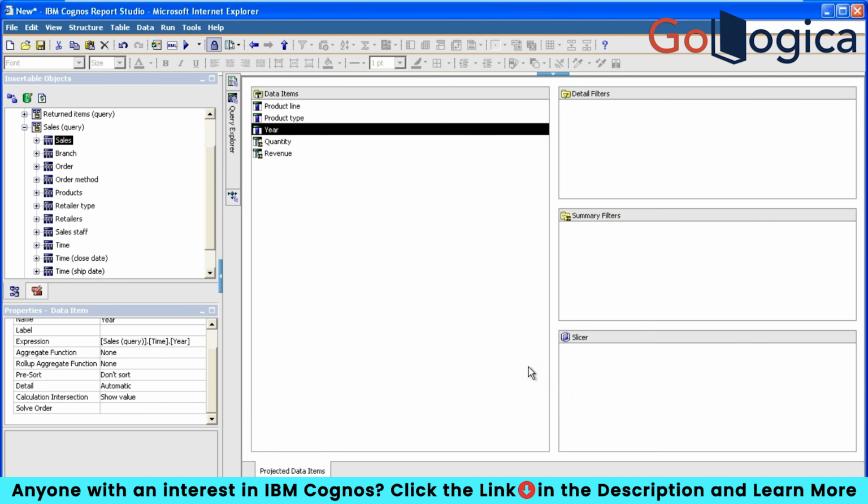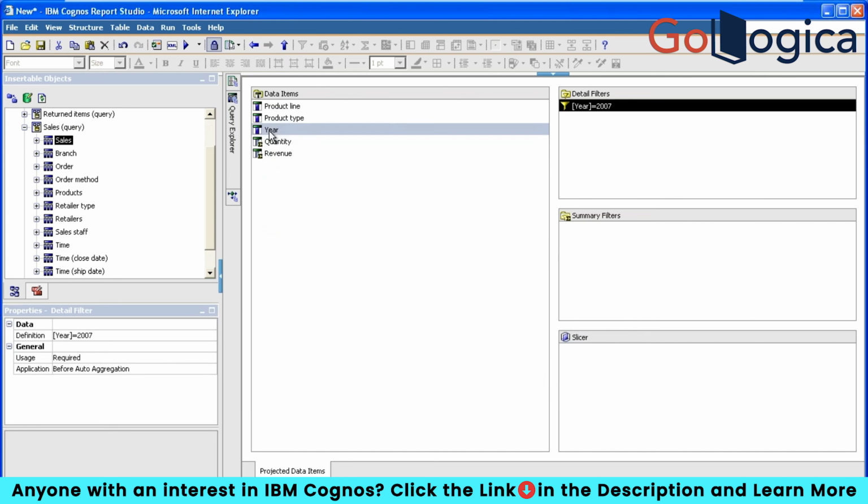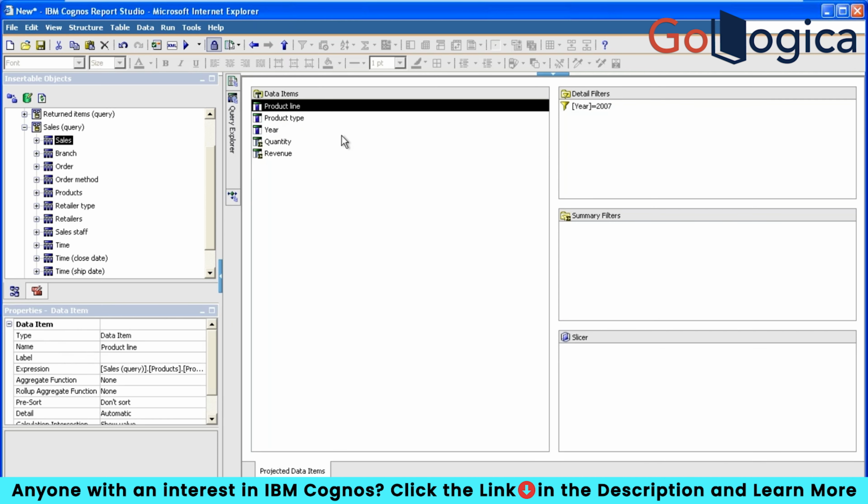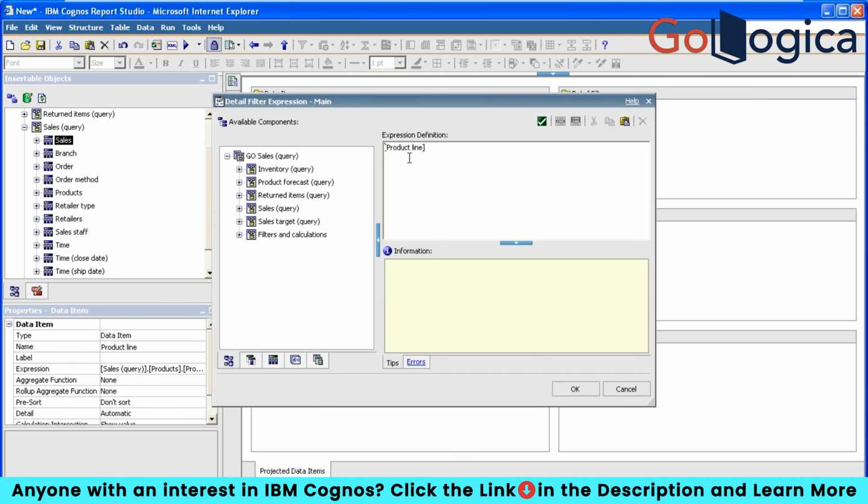And one more thing, I want to give you a hint here. While writing the condition, sometimes we don't know the exact name, and we might make spelling mistakes, right? While dragging and dropping and applying the conditions, we can also do one thing. Where is this product line coming from? Go to the product line,